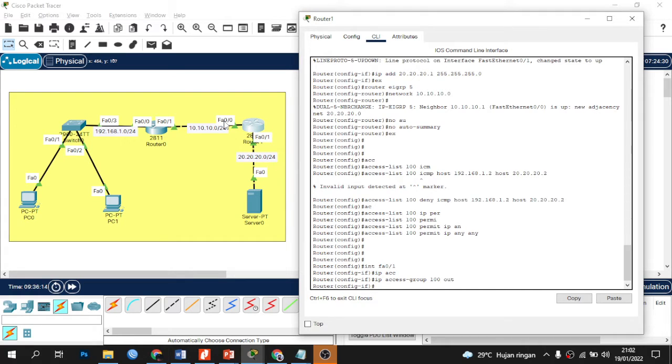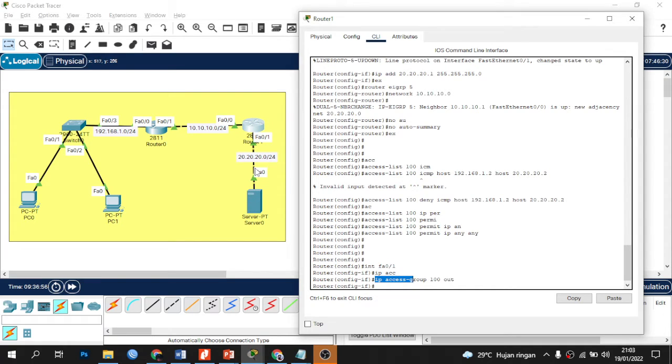If you enter the interface FA0/0, you enter the command ip access-group 100 in. Remember, if using the in command, the PC that we block cannot access router 1, and if you use the out command, you can access router 1 but not the server.